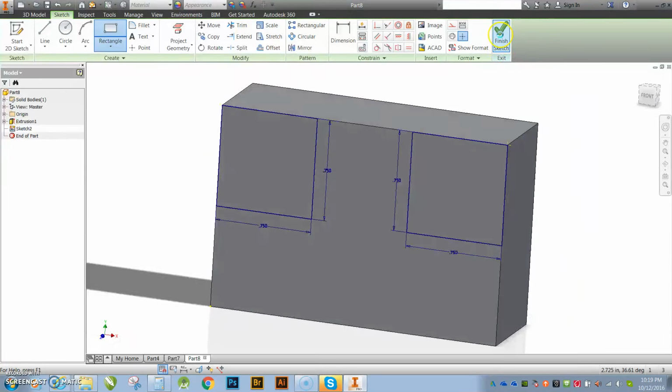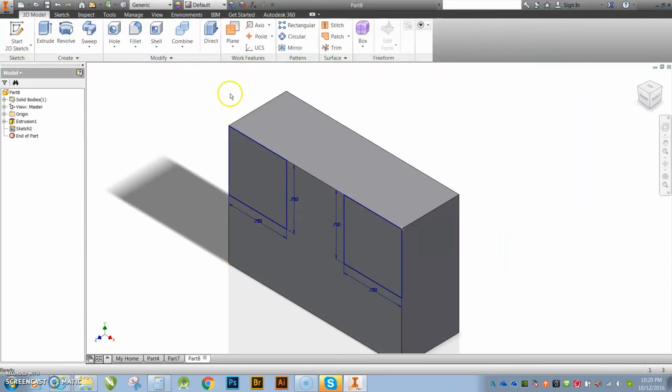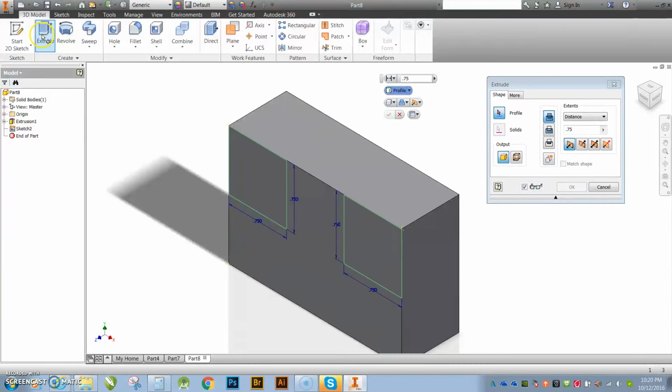I am good to go. Go ahead and hit finish sketch. I'm going to extrude, and now I need to use these other features. So this feature here is